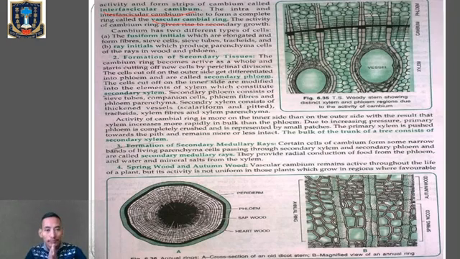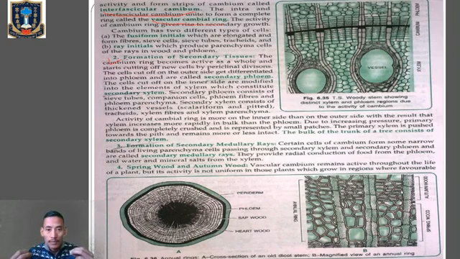Okay, now let's talk about the formation of secondary tissues. Number 2. So now we have learned about the activity of the cambium. So remember, interfascicular cambium and the vascular cambial ring. Clear? Now number 2, we are going to learn about the formation of secondary tissues. As we have learned, the activity of the vascular cambial ring will give rise to the secondary growth of the stem. Therefore the cambial ring becomes active as a whole, and when this cambial ring